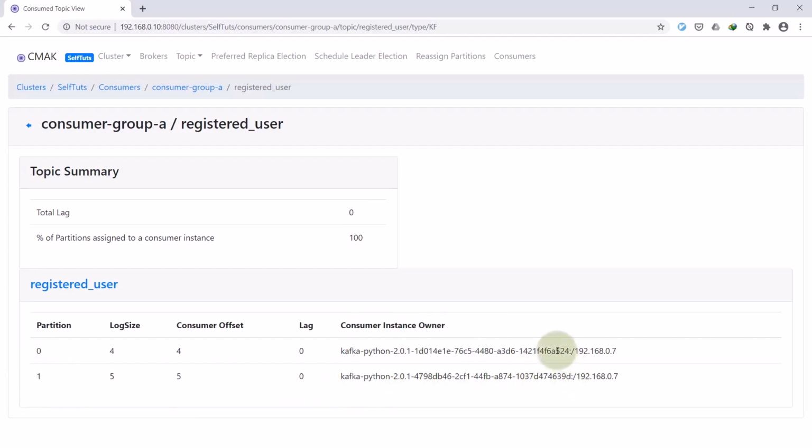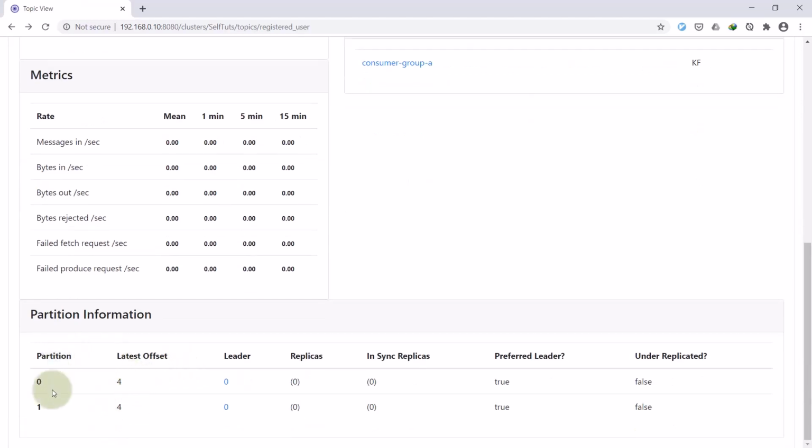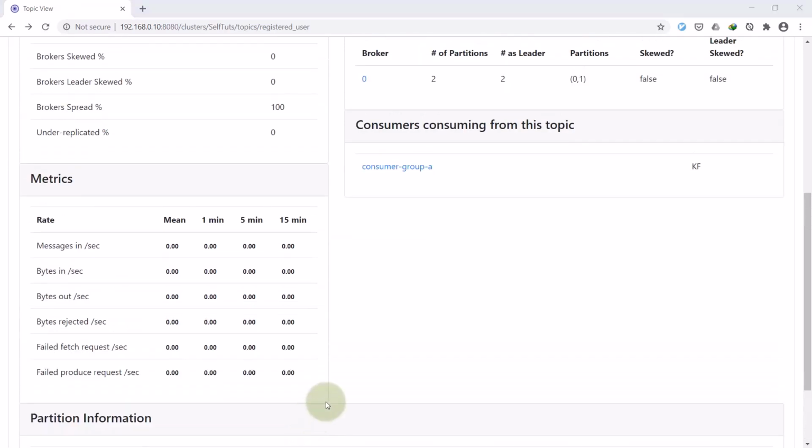One is consuming from partition 0 and one is consuming from partition 1. And you can see the numbers are different, 524, 394. Basically, this is a random UUID generated for every consumer instance that you create. This is the topic. It has 2 partitions, P0 and P1, and there are 7 and 8 messages here, and both are being read by the consumer instances.